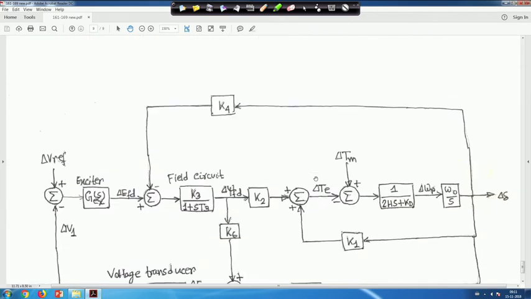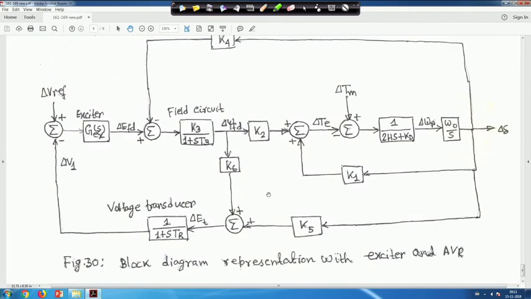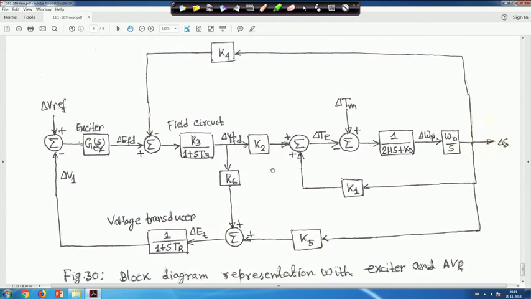And this is the block diagram we have already shown, where we have all the 6 constants, k 1, k 2, k 3, k 4, k 5, k 6, right. And this is the exciter, and we will simply represent it by a gain, but different types of exciters are available. In that case it can be represented by different types of transfer function, but for the classroom purpose we will not consider that, we will take a simple gain.